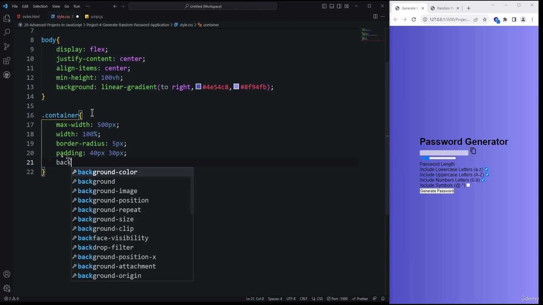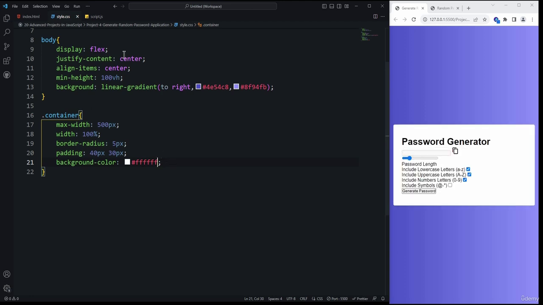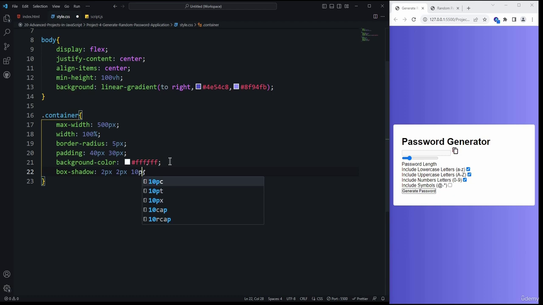And after that we need to provide the background color is going to be like hash symbol 6 times F, which is a white color. Alright, and then we need to provide here a box shadow, which is like 2 pixel, and the blurriness is going to like 10 pixel. And then we need to provide the RGB, which is 0, 0, 0, and then the alpha value is going to 0.1. You can see now a box shadow is applied to